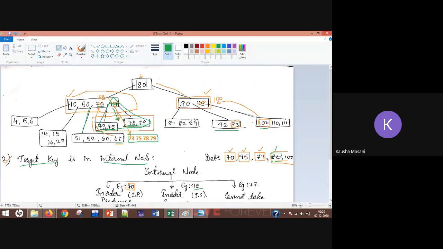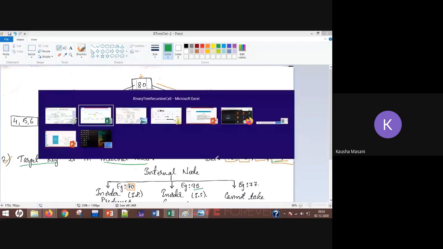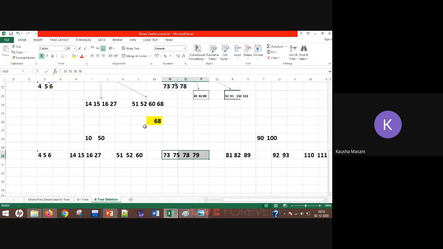Okay. Now can anyone think of how can I make this right side, I mean this 73, 75, 78 edges, on the right side? Can anybody think of?